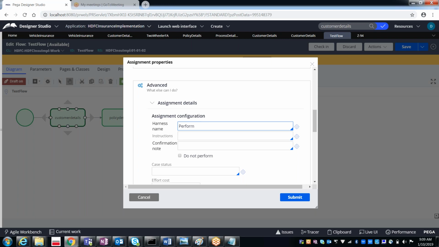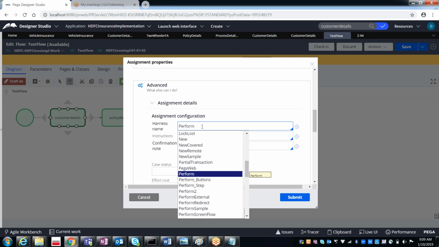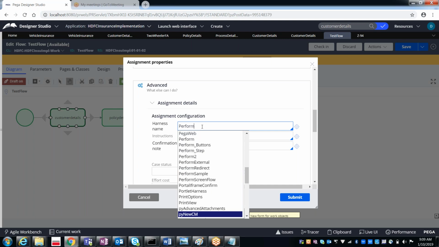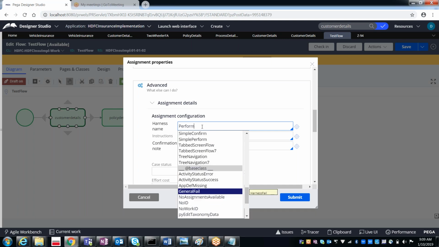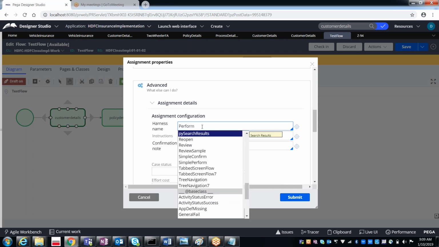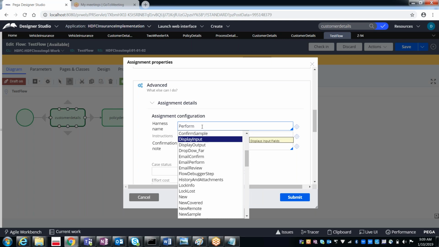action. Okay. So perform harness is the top level user interface rule which refers to the displaying the flow actions, otherwise local actions. Okay. So if you press the down arrow, you can see there are m number of the harnesses, and out of all these, few are created by us, and at the same time there are few are from Pega default. Okay, Pega default OOTB flow actions available. Okay, so what do you mean by OOTB? Anybody has the idea?